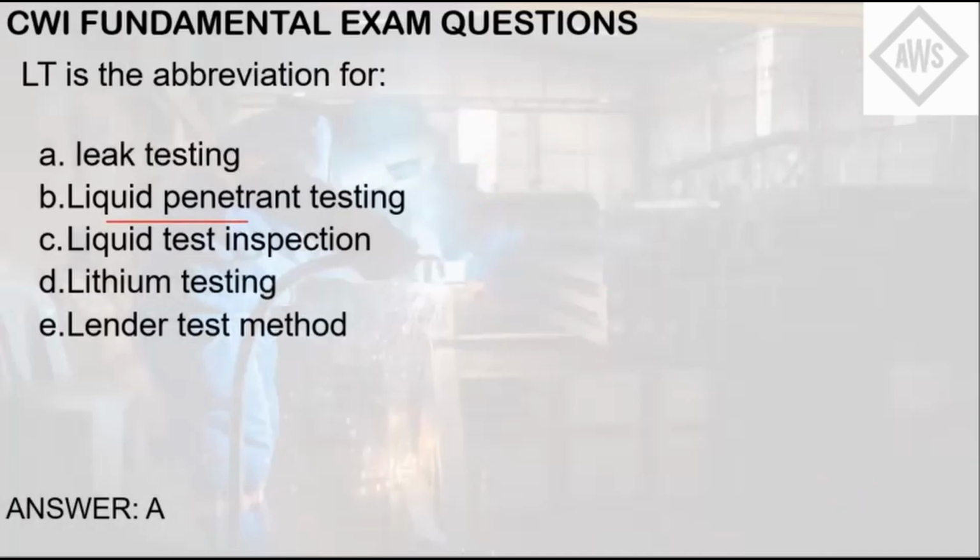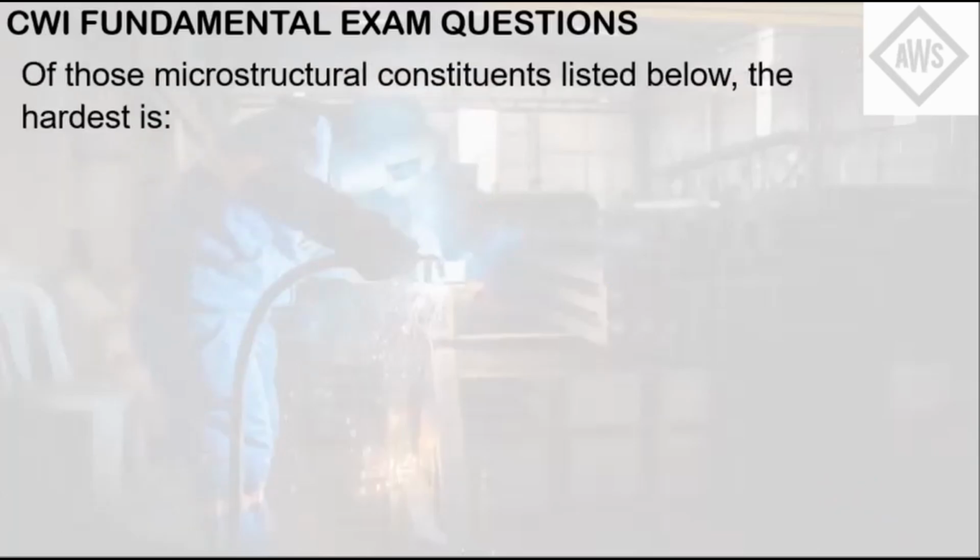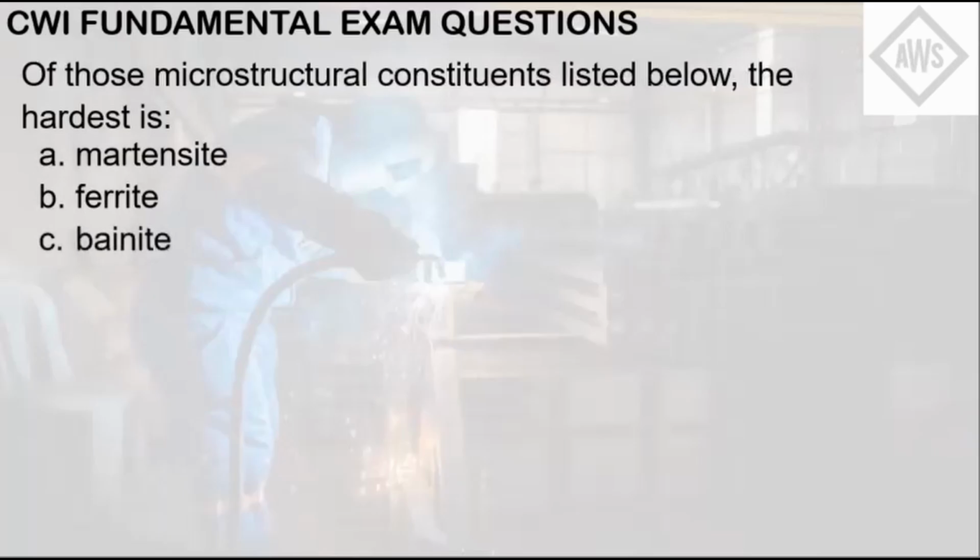It is a kind of testing that fills a vessel or a pipe with a medium, commonly water. It may or may not be pressurized depending upon the testing requirements. Of those microstructural constituents listed below, the hardest is: A, martensite; B, ferrite; C, bainite; D, austenite; E, pearlite. So this question can best be answered if you